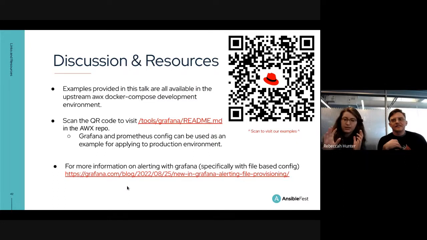So when you spin these examples up, you will see that you cannot edit them. You have to do it via the file. You can't edit them via the UI, it'll be read only. You can explore the alert a little bit, but you're not going to get to see all of the details. So if you want to look at the actual queries that we're making in the rule, you might have to look in the files.